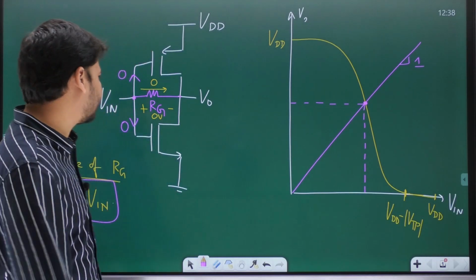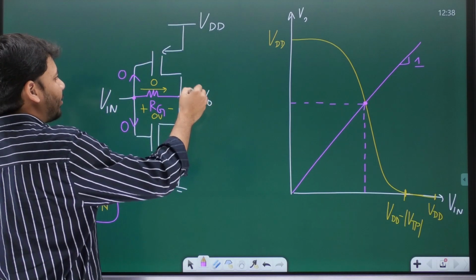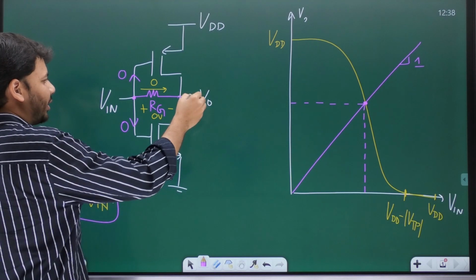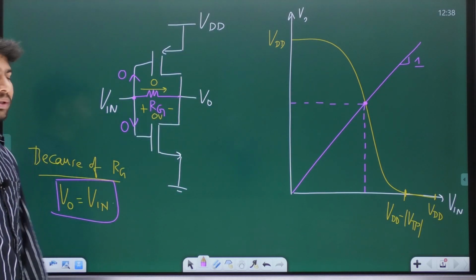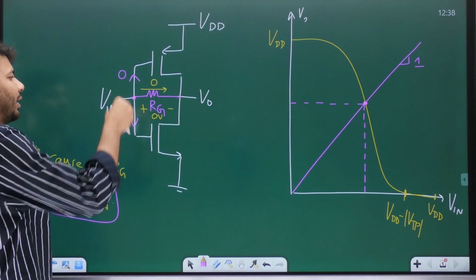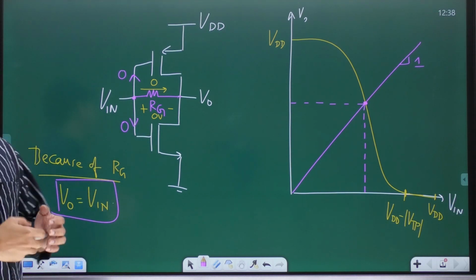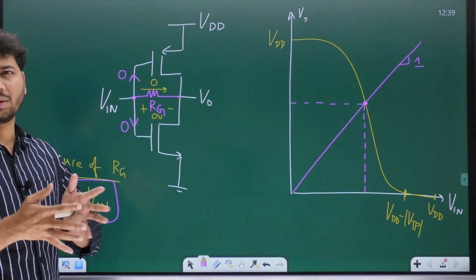V0, is it not the drain voltage for both the transistors? Yes or no? V0 is the drain voltage for both the transistors. Whereas Vn, is it not the gate voltage for both the transistors? And right now V0 is equal to